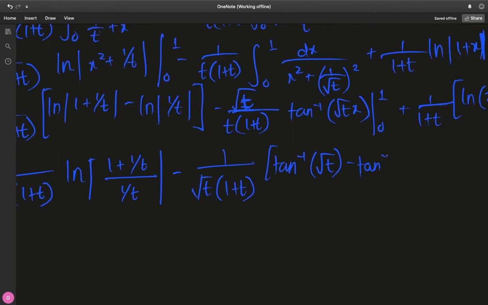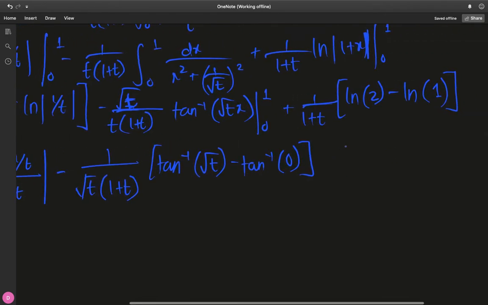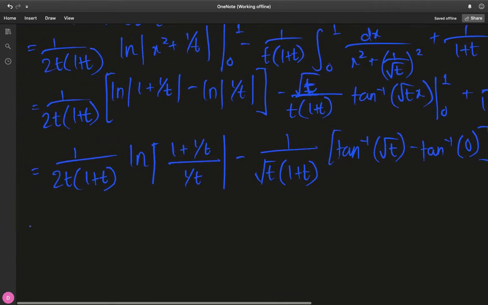minus inverse tangent when x is 0, we just have a 0 inside. And we just have this expression. So notice that the natural log of 1 is 0. So we have 1 over 1 plus t times the natural log of 2. And over here, if we take a common denominator, the t's will cancel out. We have 1 over 2t times 1 plus t times the natural log of 1 plus t minus 1 over square root t